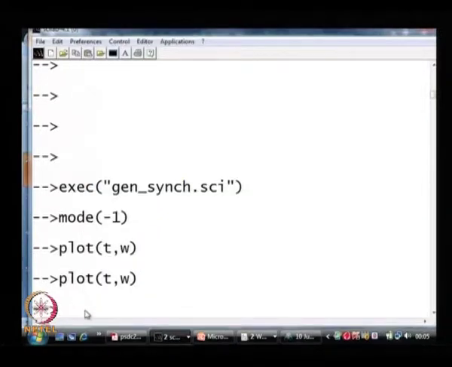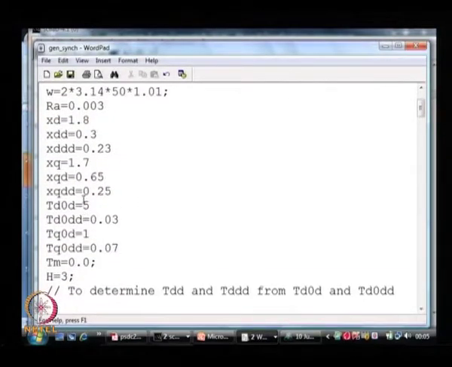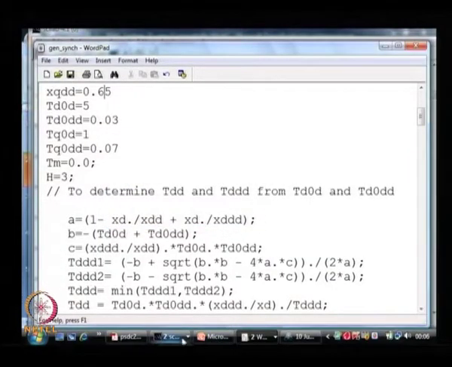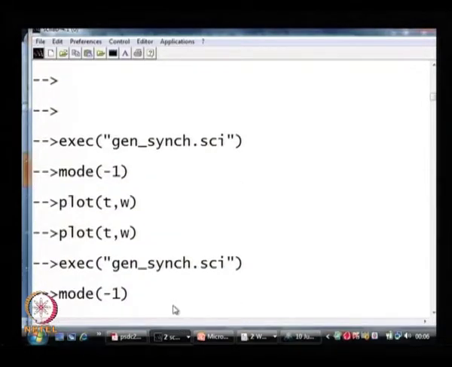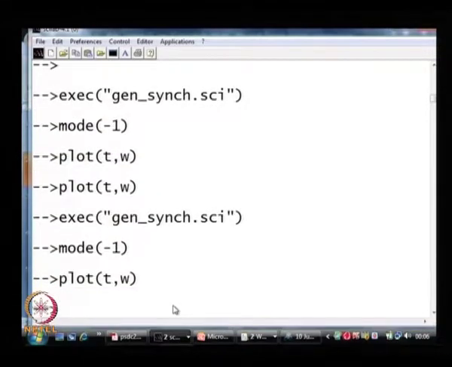Now, in case you take this program and in that set x q double dash, which is here, equal to x q dash, if you do that, how does it affect the response? So, let us just try if we can do it. Of course, we have to hope and pray that the program runs without any problem. We have just changed the data, we have not really changed anything in the program. Okay. So, if I plot this now and look at what we get,